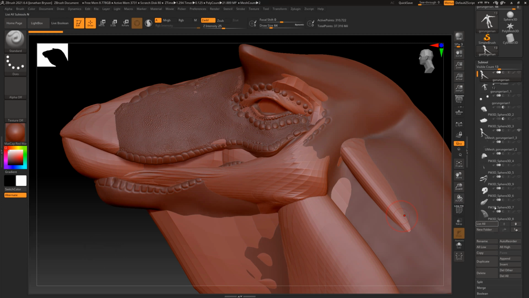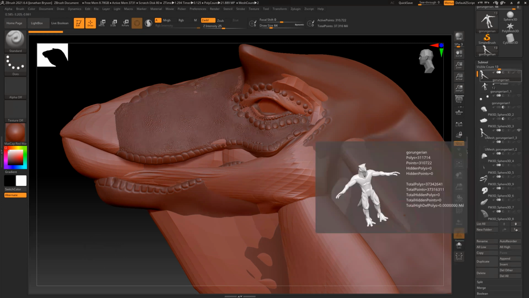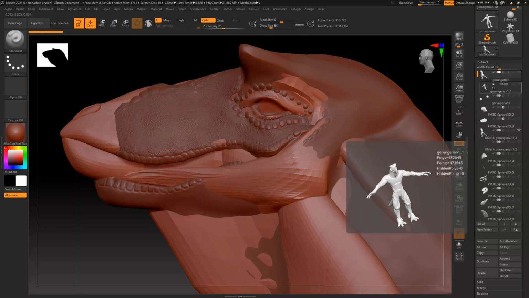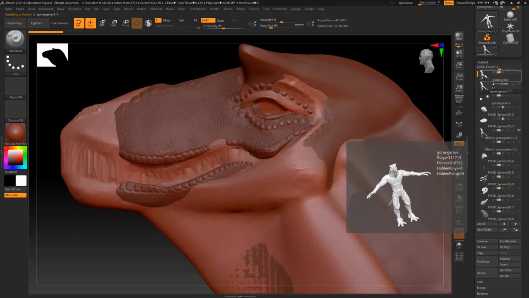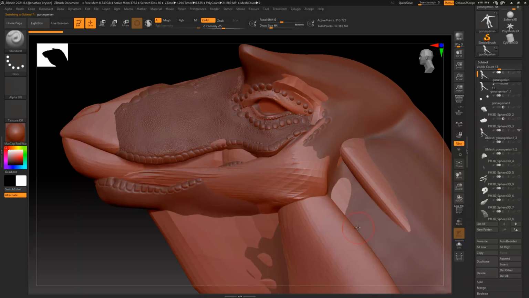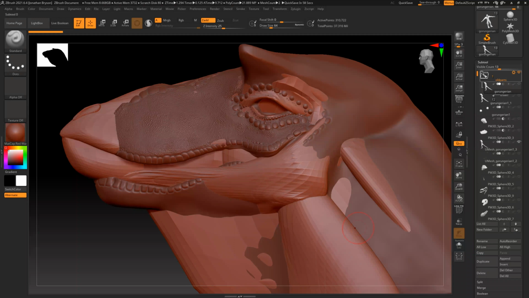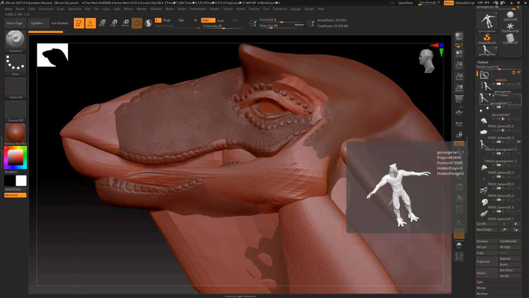organization of subtools. So there's a lot of subtools here that I just don't need. I don't necessarily want to get rid of them per se, but I don't necessarily need to have them. So what I could do is go right here to where it says new folder. It's going to ask me to put in a name, and I'll just say maybe like old parts. So then I have a folder here with one of these in here, and then I can actually just drag and drop